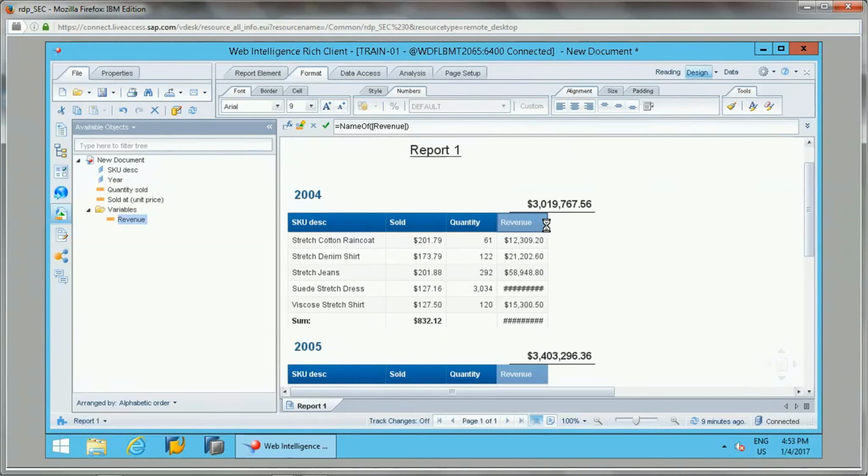So now if you see, SKU description, sold quantity and revenue are these three fields, and based on these three dimensions, this revenue is getting calculated.